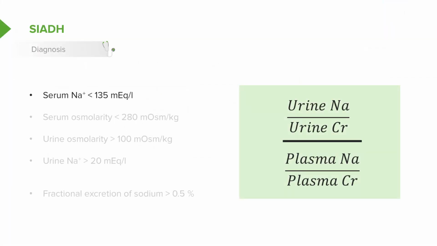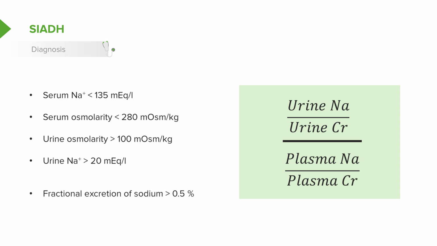The diagnosis of SIADH can be somewhat complicated. Typically, we'll see a low sodium. A sodium in the blood should be really less than 135. The serum osmolarity should also be low, and the urine osms should be high. The urine sodium is going to be high. Remember, the reason the patient is having a high water in the blood is because of an insertion of those aquaporins. So the sodium is still coming out. The urine sodium will be high, and the fractional excretion of sodium, which is determined by this equation here, is more than 0.5%.